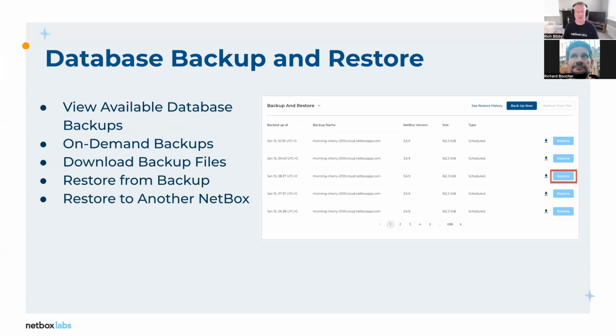You just click backup now and that's done for you. You can download the backup files as well, so you could store them locally yourself if you wish. You could then use them in another NetBox instance. So say you have your own on-prem instance of NetBox that you want to replicate that data to. You can easily download the SQL dump and import it into another NetBox instance, and you can restore to another